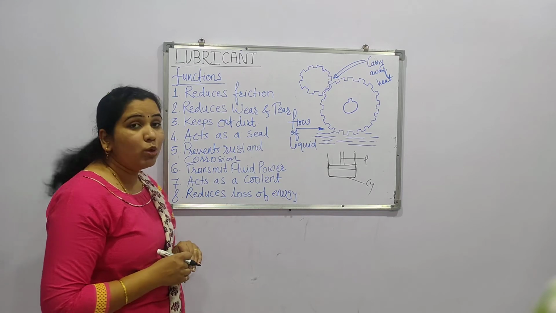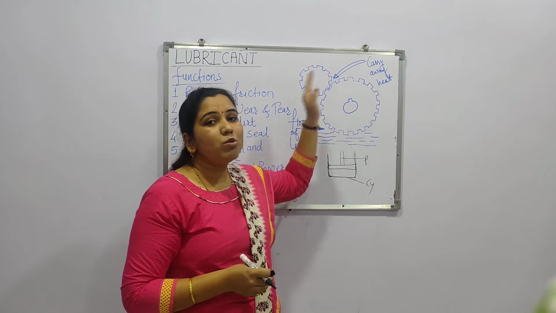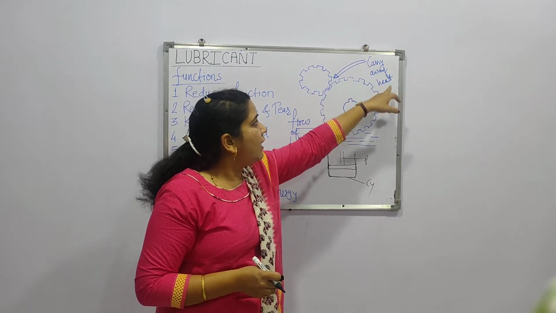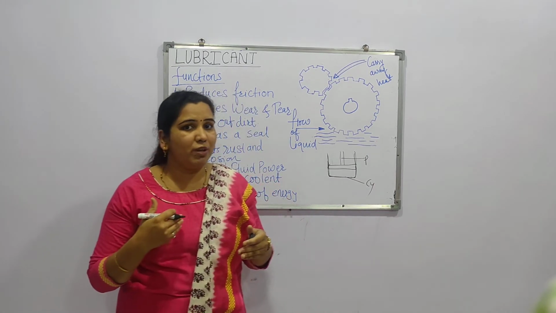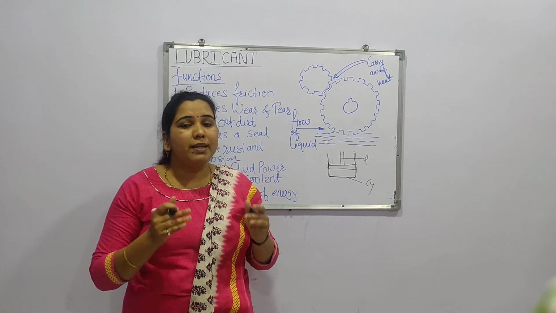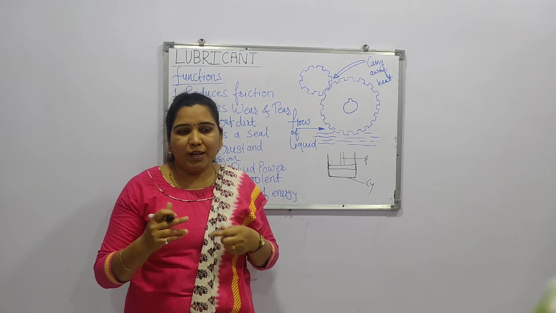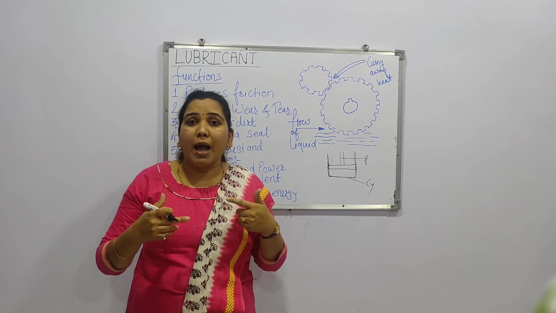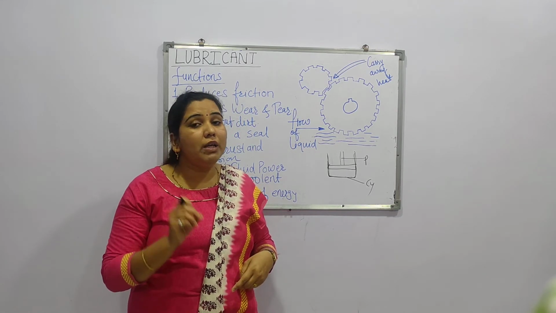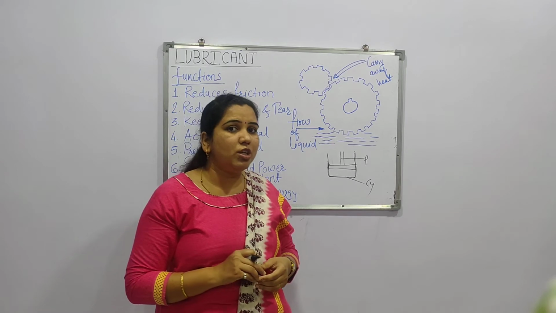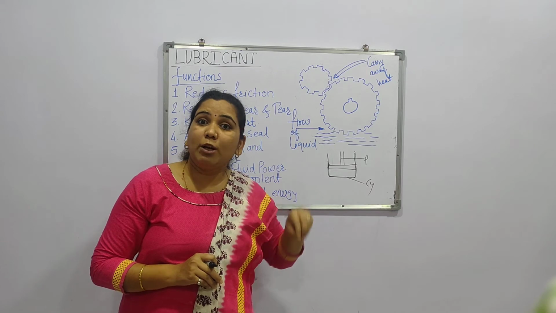Now next, acts as a coolant. How does it act as a coolant? Whenever the process is going on, we can see the same example. It carries away heat, meaning whenever two different surfaces of sliding or moving parts come in contact with each other, there must be the formation of some heat. Whenever they are in motion, under high pressure, with a high load, at that time there must be formation of heat or energy. When that heat or energy forms here, it gets absorbed by the lubricant itself.